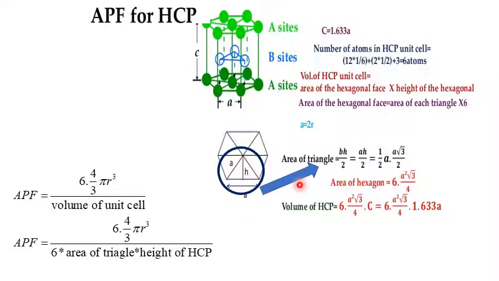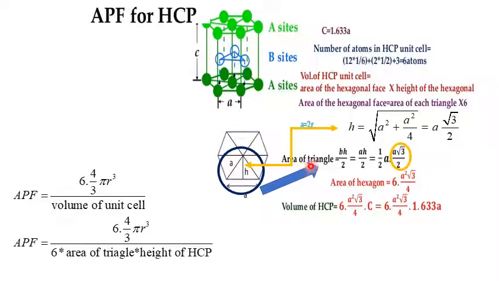If I take H here, in the middle, then H, A and A by 2 form a right angle triangle. So H will be equal to the square root of A square plus A by 2 whole square, that is A square plus A square divided by 4, under the root. So 4 will come out, A will come out, and 3 will be under the root. So you will find H is equal to A into root 3 divided by 2.